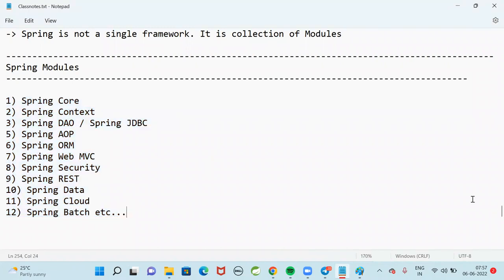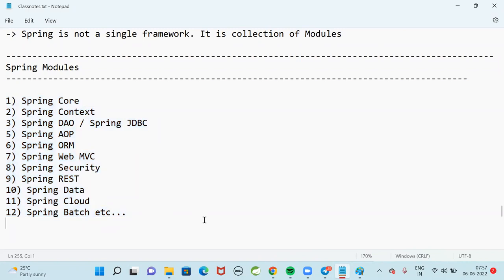Spring Framework is developed in modular fashion. The beauty of Spring is that there are so many modules available, but Spring is not forcing you to use or learn all the modules.